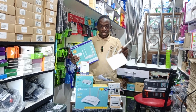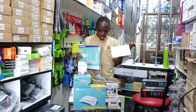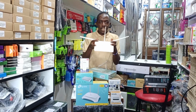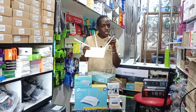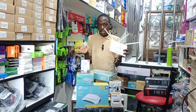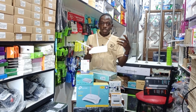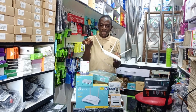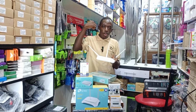This alone, without a service provider, doesn't connect you with the internet. So many of us normally say, I want a router, I want to connect to the internet. But remember, a router without data is just like having a phone without a SIM card. The phone is ready to work, but can't connect you online. Why? You don't have data, you don't have the SIM card, which should have data to enable you to connect